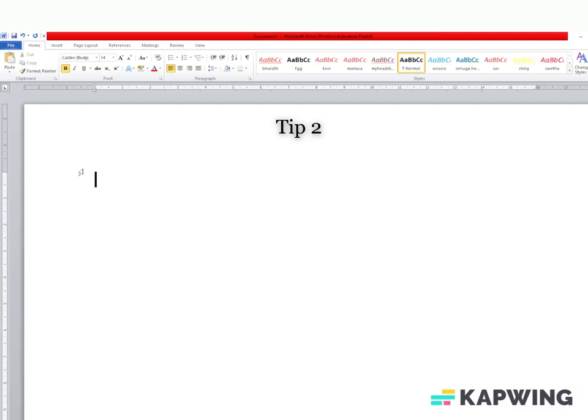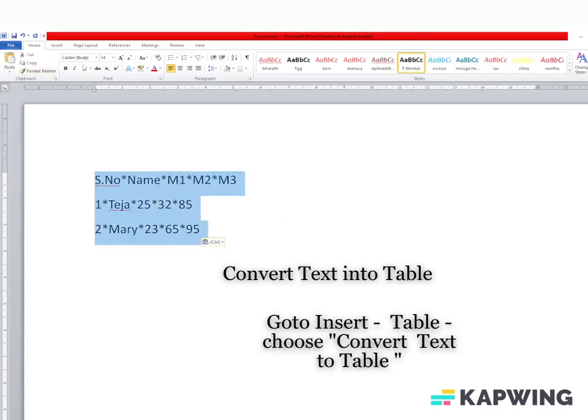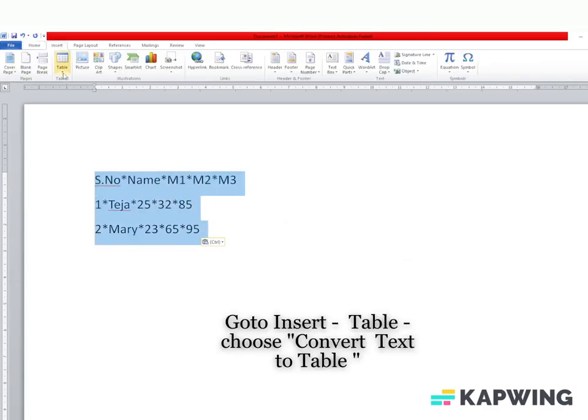In this tip, we will see how to convert text into a table. Let's take an example. Type serial number, use comma, star or tab. I am using star: name, mark 1, mark 2 and mark 3, and take random names and marks. Now select, go to the Insert option, click the arrow in the Table option and press the option Convert Text